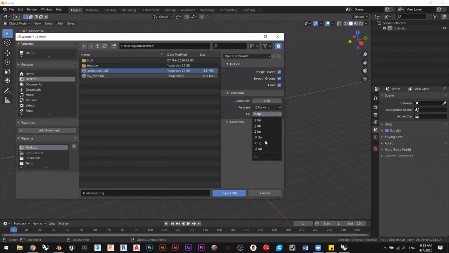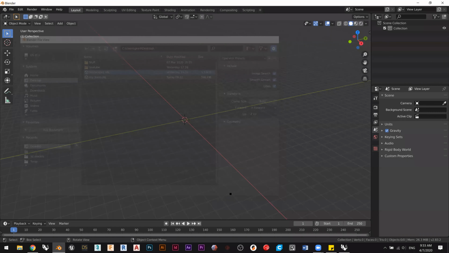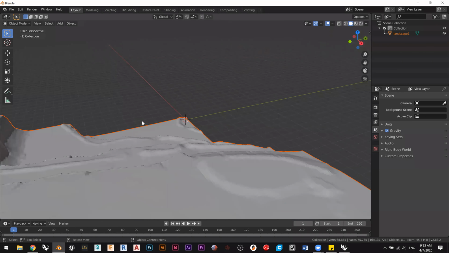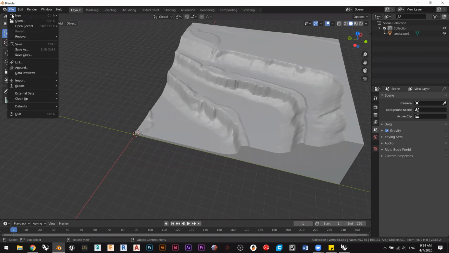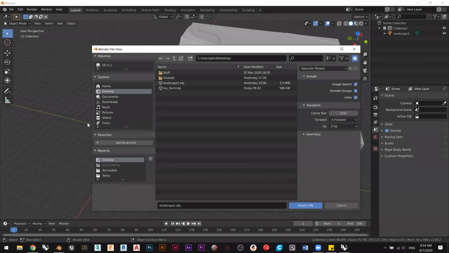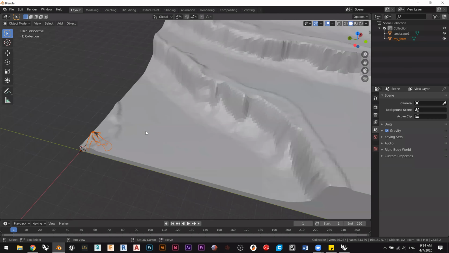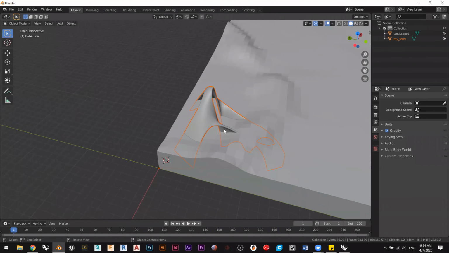And in my case, Z is up. Import OBJ, bam. Have my landscape. You can see it's written here in the top right corner, landscape 1. So we have that going on. Then I will continue importing: file, import, OBJ, my form, Z is up, import, and there I have my doodad,